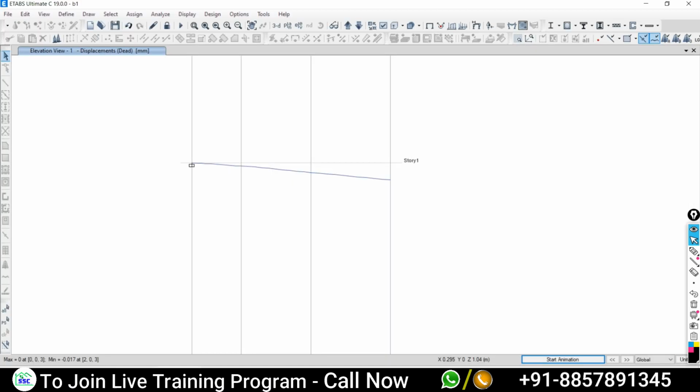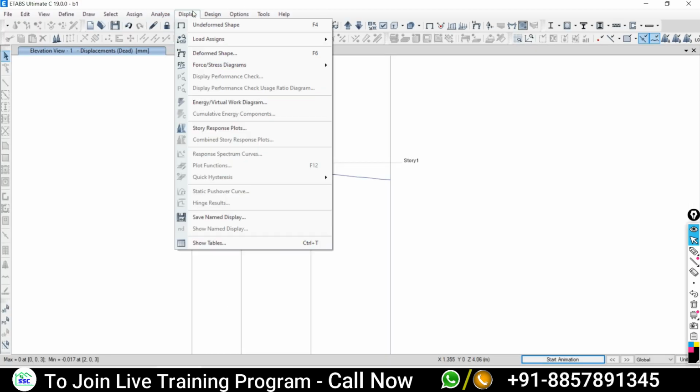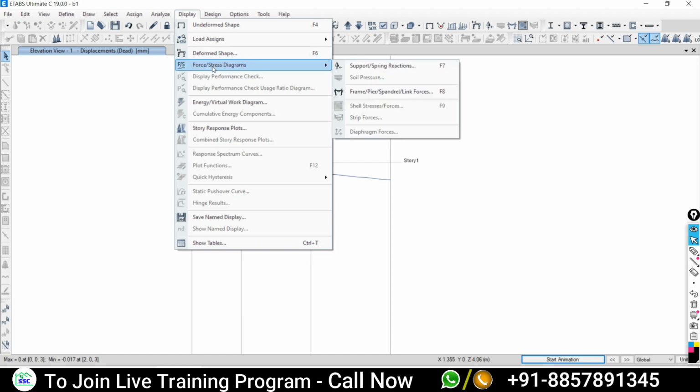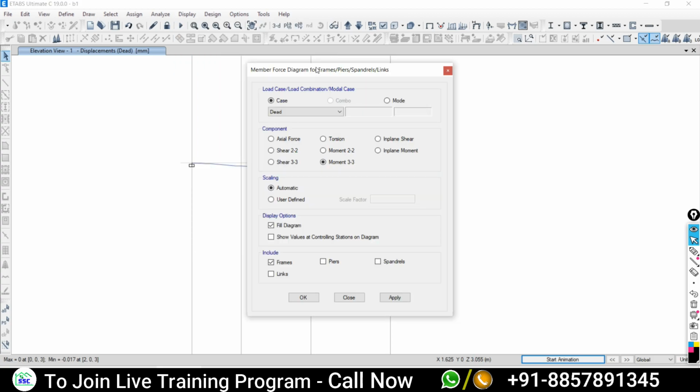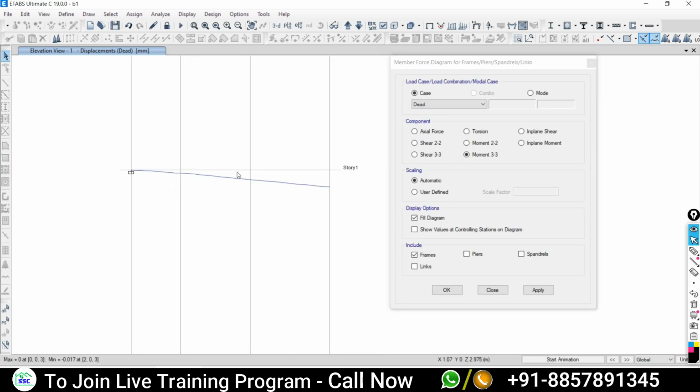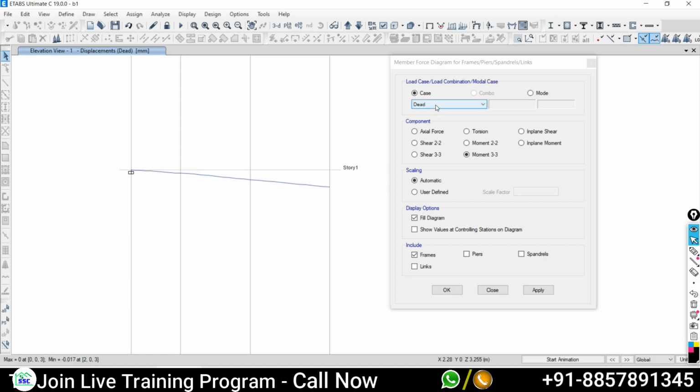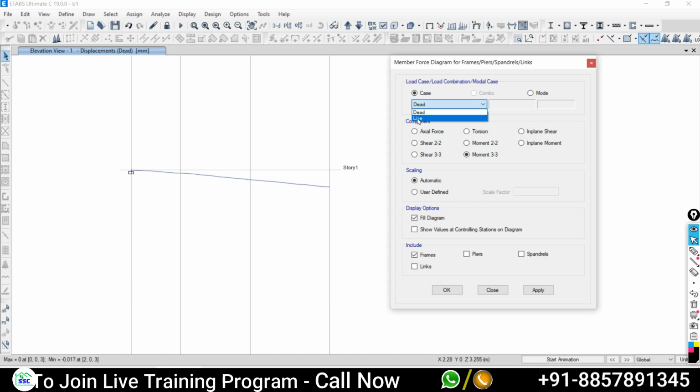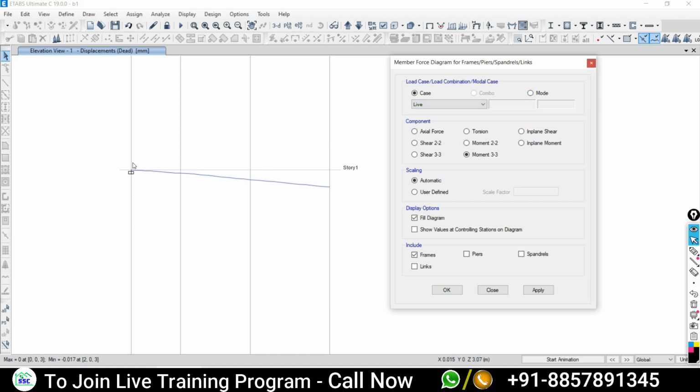Go back to ETABS and go to Display, Force/Stress Diagram, as we need to look at the frame result, since it is a beam, a line or frame element. Go to Frame Results. I have assigned all the external load under the live load pattern. That's why I need to look at the result for the same load pattern, only under the live load case.